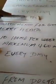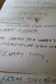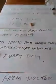And then buffer pH. You're taking your buffer pH to buffer the system, to put the system back in an alkaline terrain, because your heart functions in an alkaline system. See? And while you're doing that now,